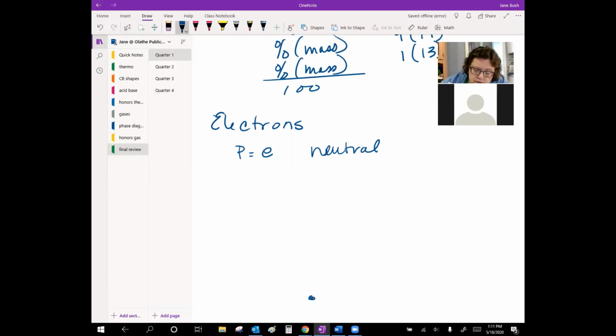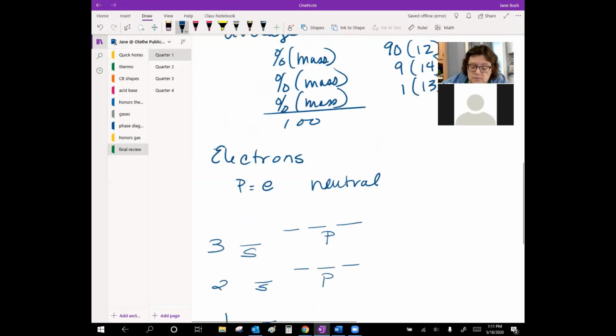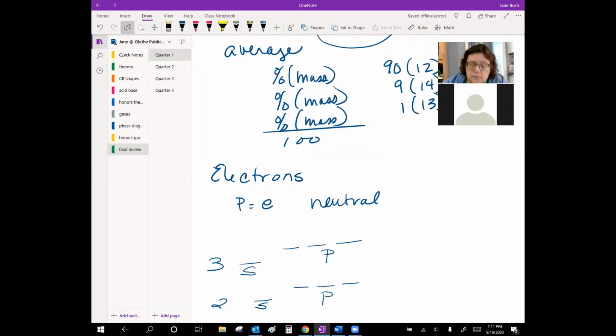If this is our nucleus, you have the first energy level, which has an S room. The second energy level has an S room and then 3 P rooms. The third energy level has an S room, 3 P rooms, and then 5 D rooms,